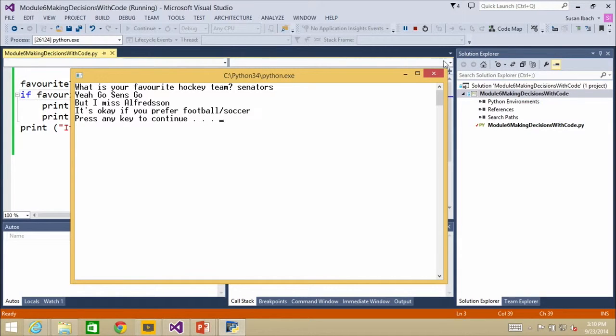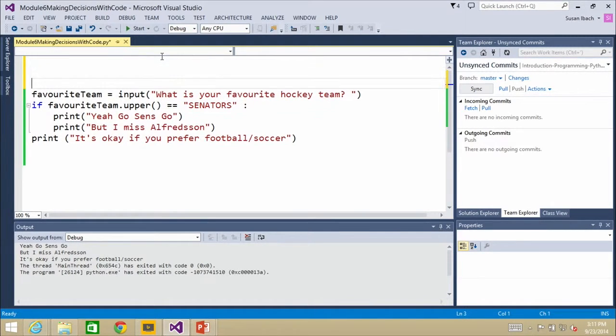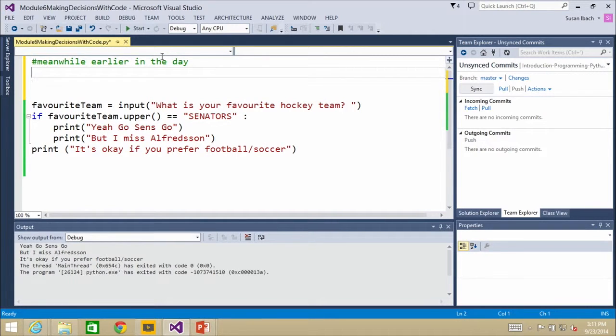Yay, success. Where I usually get caught with this isn't necessarily that I had the string senators. What often happened is somewhere earlier in my code, earlier in the day, I had written some other code. I had written best team equals senators, up here somewhere else, and over here I said, if favorite team equals best team, then go ahead and continue.